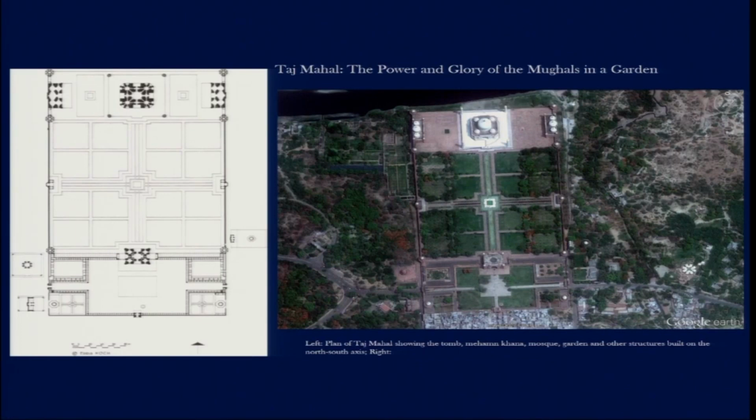Now if we also follow what all was there in this entire complex, we see that it is not just the garden and the tomb complex which was part of this entire planning, but there is also this Nahabat Khana, and then there are the other tombs which were of the other Mughal royals. And then right outside of that, if we see this particular area from this satellite image, here we find that